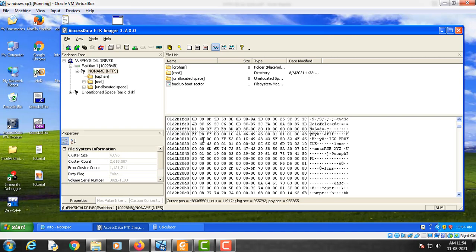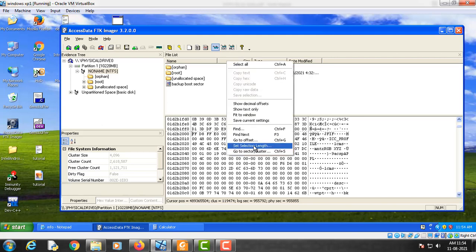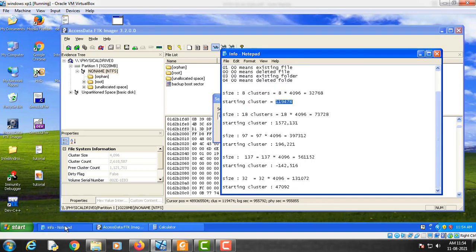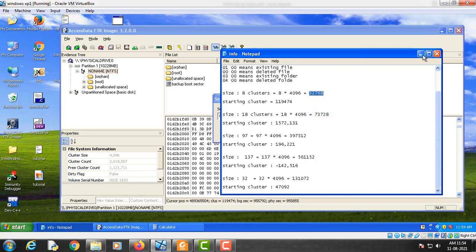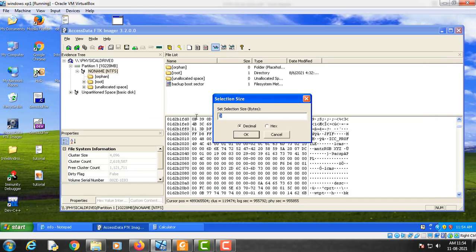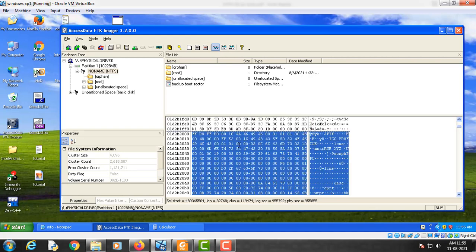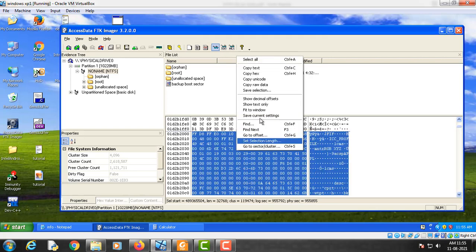Now we have to select the number of bytes this particular portion of file is occupying in the master file table. For this we will go to set selection length, and this is the number of bytes this particular portion of file is occupying. So I will copy this and put it here and click OK, and now right click and save selection.